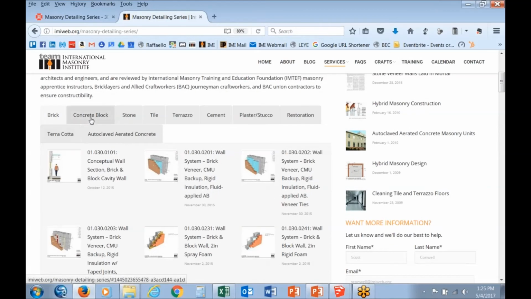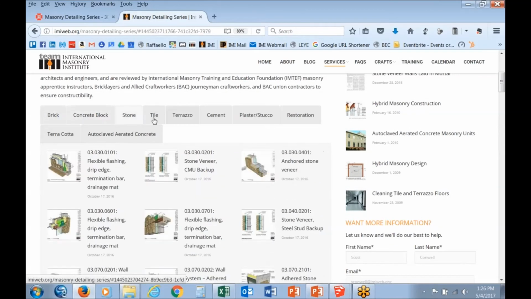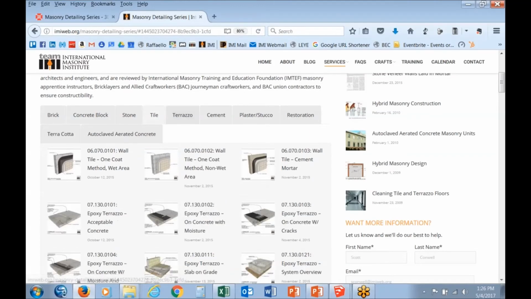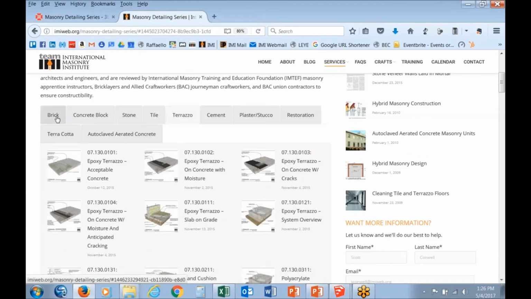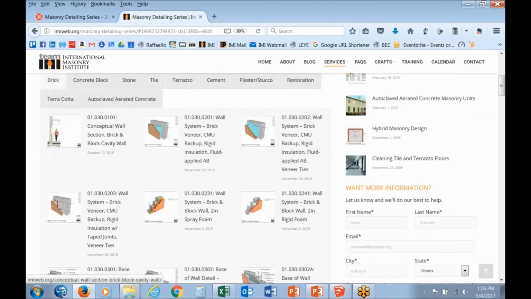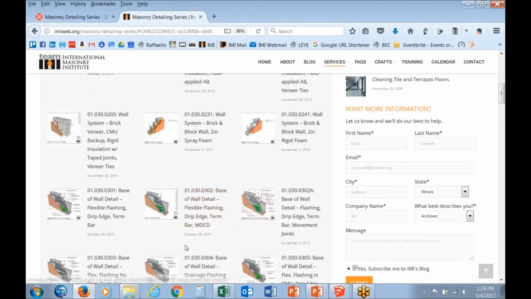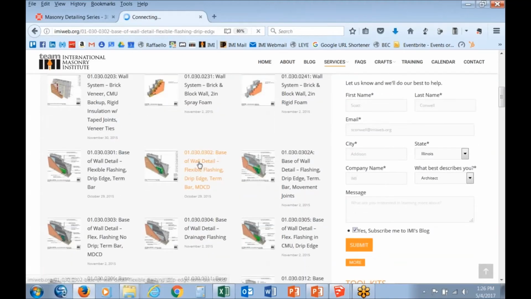Then we have different details: concrete block details, stone details, and these are static details. And I don't mean that in a bad way, but they're details that you can download, and we don't care if you copy and paste them or use them, and you can manipulate them too, and we'll get to that. So let's take this one, for example,